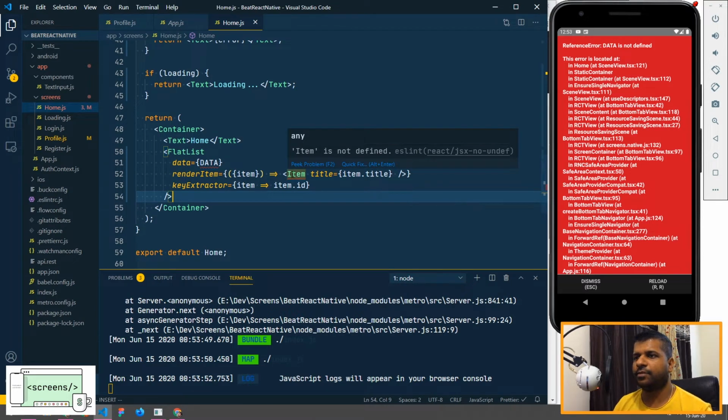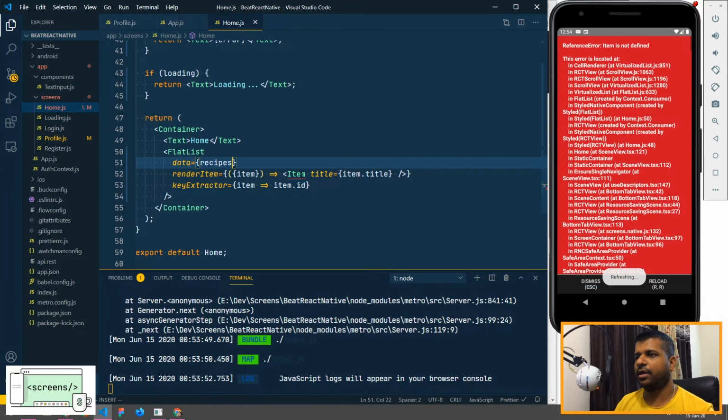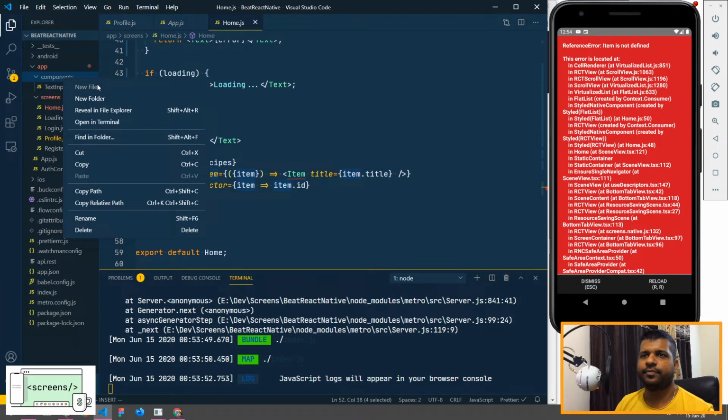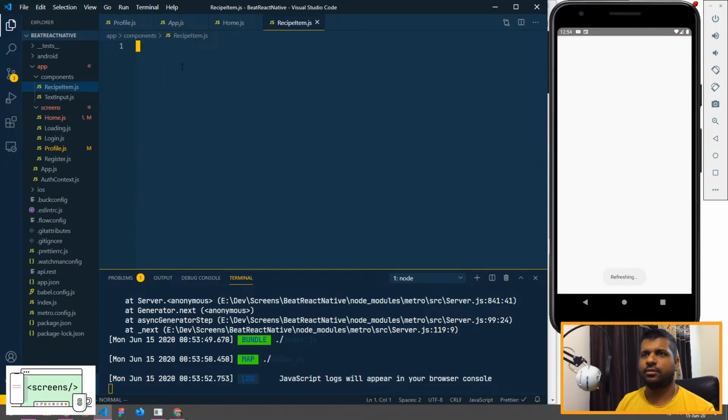Item is basically a component which will take each recipe and display it. So instead of data this will be recipes, and let's go ahead and quickly create the recipe item component.